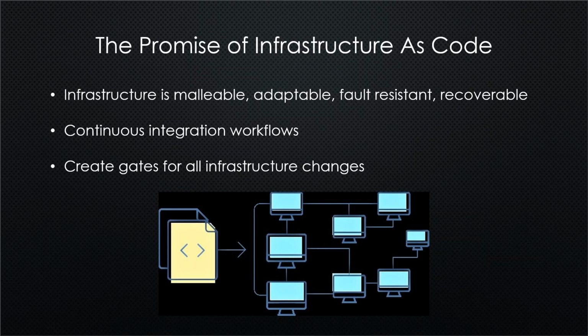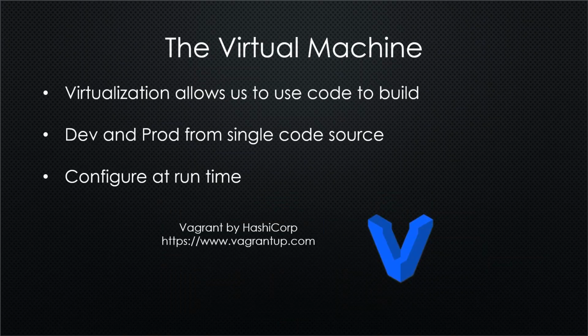But if you use infrastructure as code, you're describing the infrastructure in a file or a set of files. You can check that into a code repository. You can have gates to test it and monitor it. All the things that we do with continuous integration, we can do that with infrastructure as code. All right, so just some tooling around this infrastructure as code.